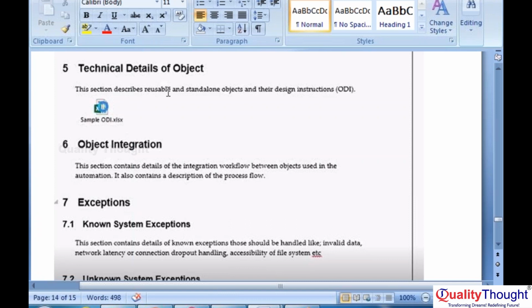So technical details of the object means, as we discussed, is it a reusable action? For example, login, it's a repeatable action. In your team, the total process is divided into sub processes, but multiple times your different processes require the same login. So what are the reusable scripts you are going to build? While developing the reusable scripts, you need to follow some instructions because that script is also used by other developers